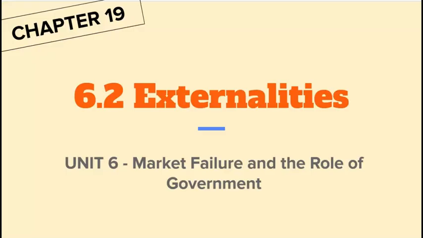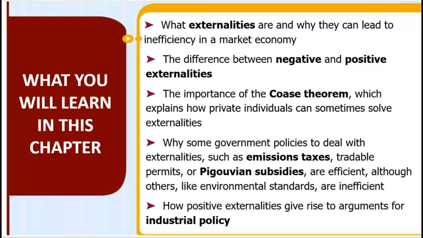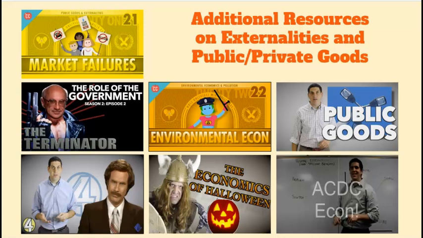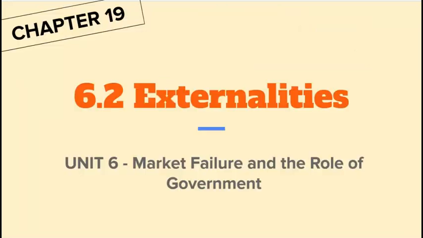Okay, so now let's look at externalities as we look at MSB equals MSC, and we've talked about that. Let's go back to externalities and define what that is, look at negative and positive externalities, and then how the Coase theorem has an impact. Remember, there are a lot of explainers to help in this regard, but let's dive right into the second part